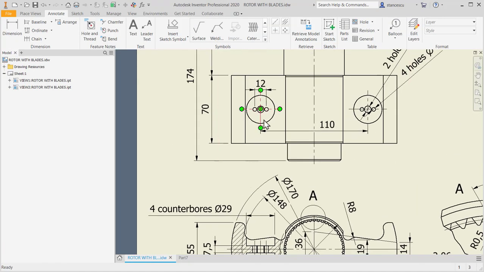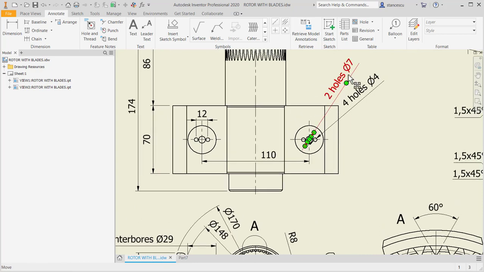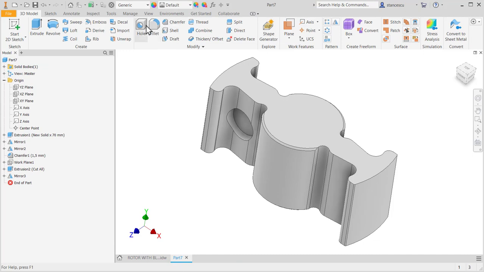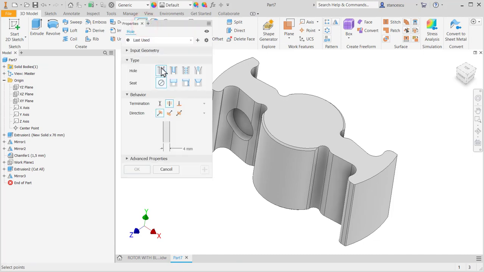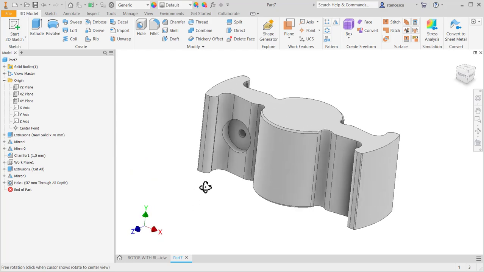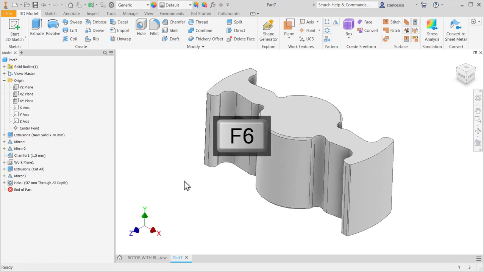One of them is centered with a diameter of 7. Hole through on this face, this center, and 7. Okay. Good? Good. Then